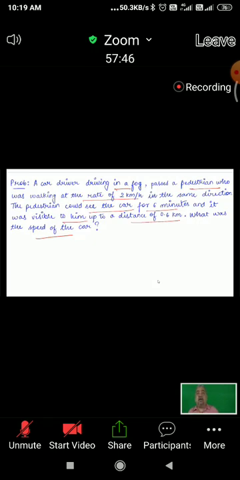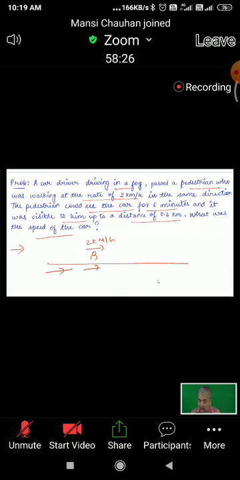stop writing. The answer is 8 kilometer per hour. You can see. A car driver driving in a fog passes a pedestrian who was walking at the rate of 2 km per hour. Suppose the pedestrian is this and the pedestrian is walking with a speed of 2 km per hour. The car driver driving in fog passes this pedestrian. The pedestrian could see the car for 6 minutes and it was visible to him up to a distance of